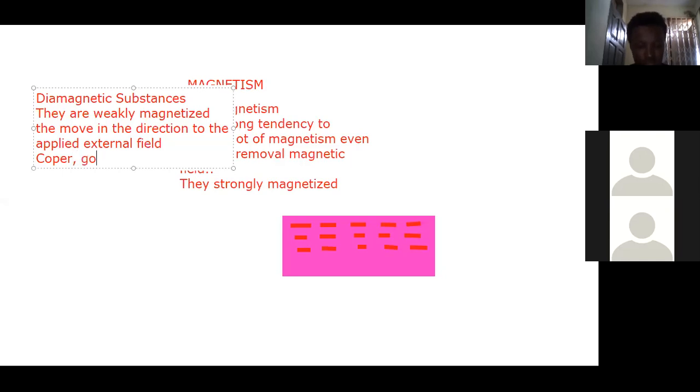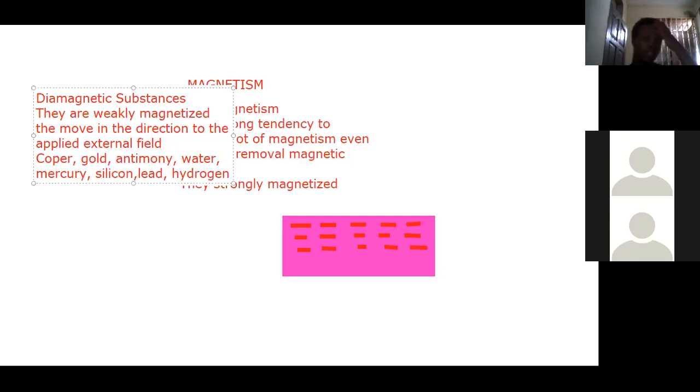Typical examples of these are copper, gold, antimony, water, mercury, silicon, lead (Pb), and hydrogen.